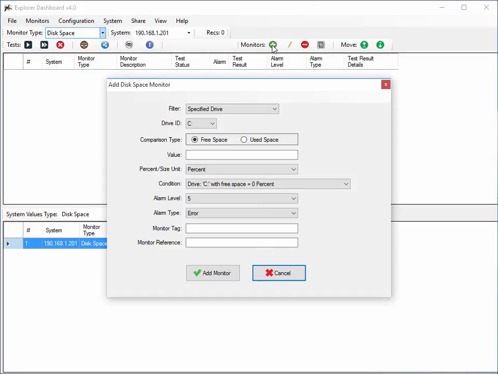Click the Add Monitor button to open the Add Disk Space Monitor form. For the filter, we select Specify Drive. In the drive ID, we set the drive letter to C. We will use free space, set the value to 5,